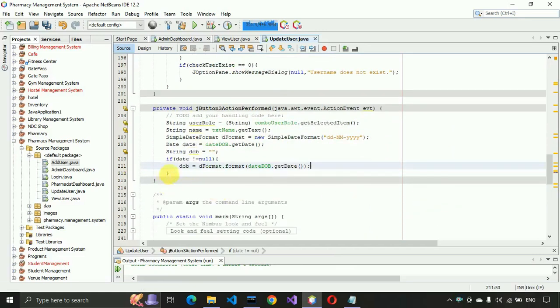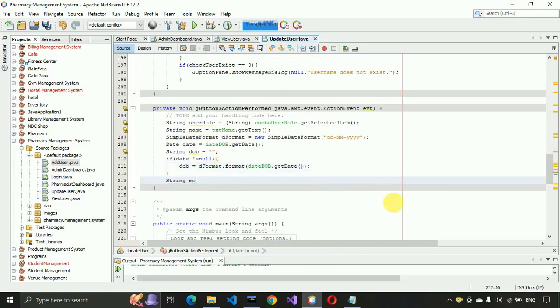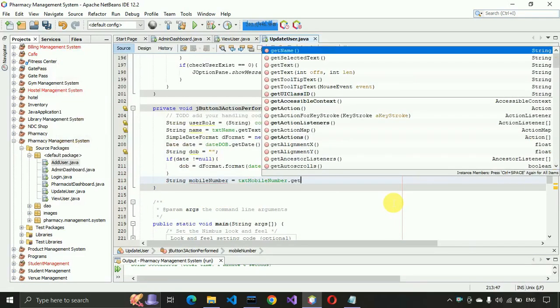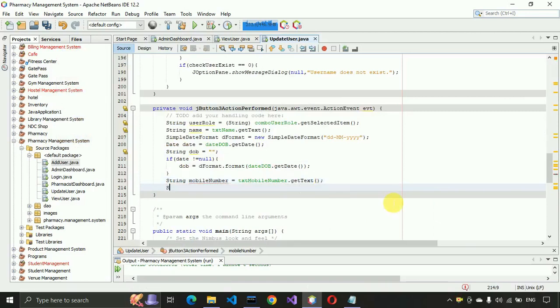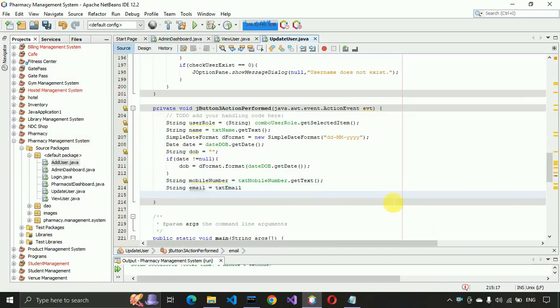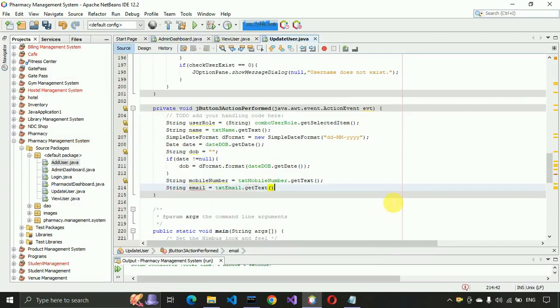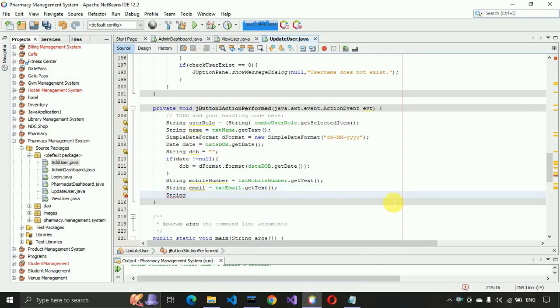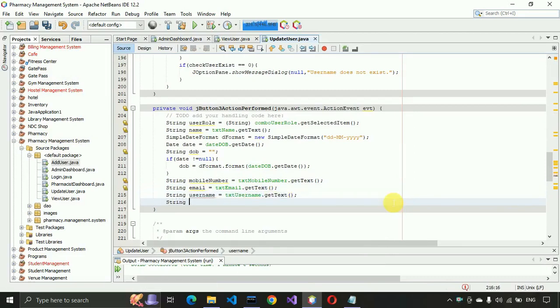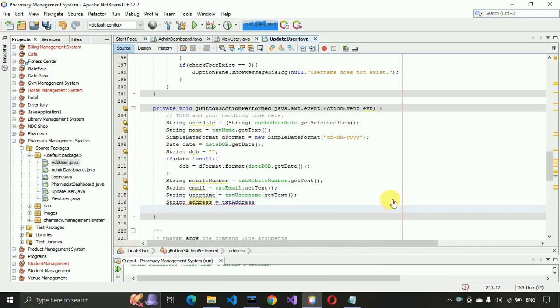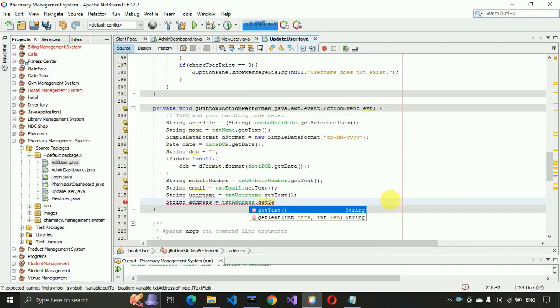and after that two more variables we have to create. So string mobile number txt mobile number dot get text, string email is equal to txt email dot get text, and string username is equal to txt username dot get text, and string address txt address dot get text,